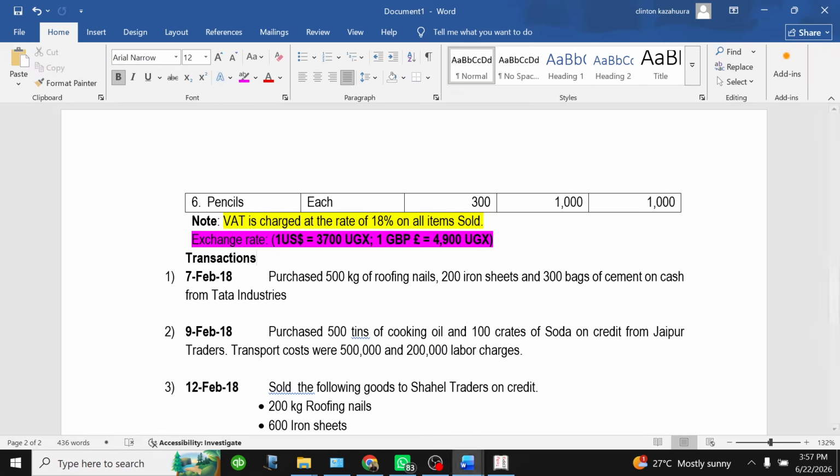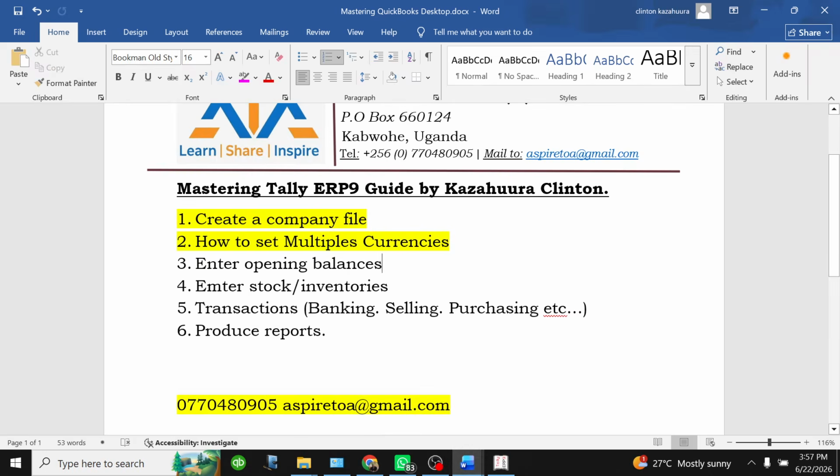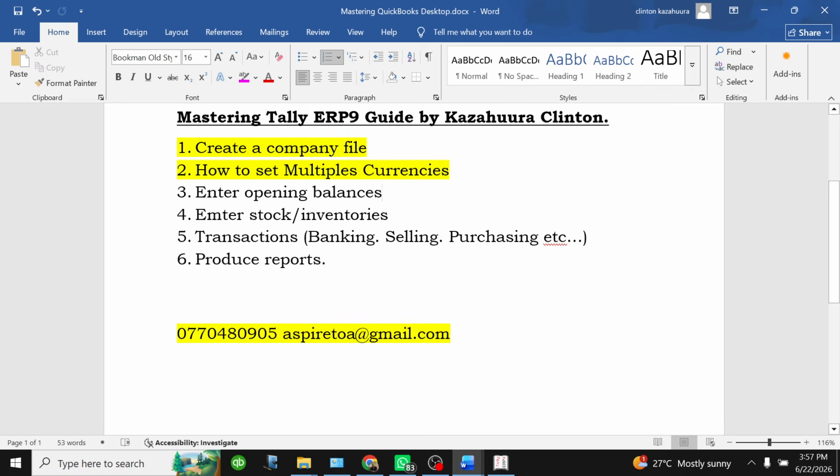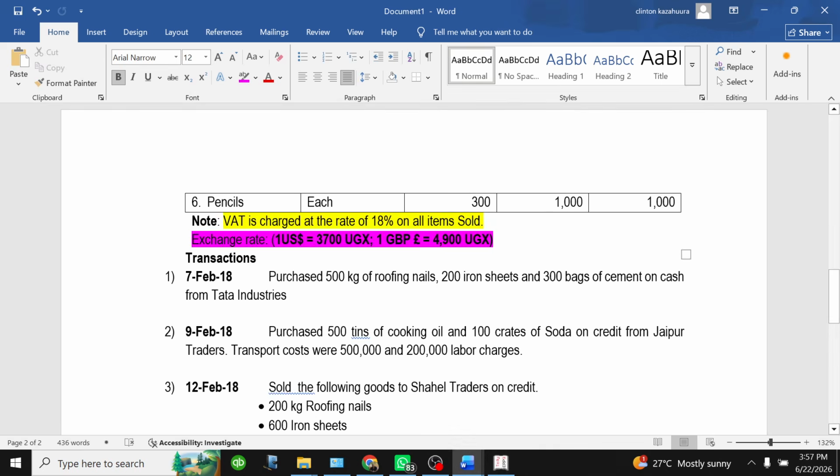Next is, so what we have so far done is create company file and to set the multiple currencies. Then number 3 is enter opening balance. So let's try to enter some of the opening balances. Then you see how it is really done. Okay, let us enter some of the opening balances. So if we go to our question,